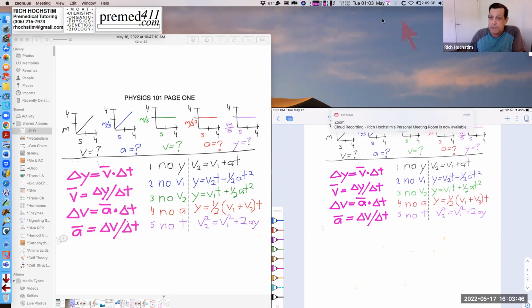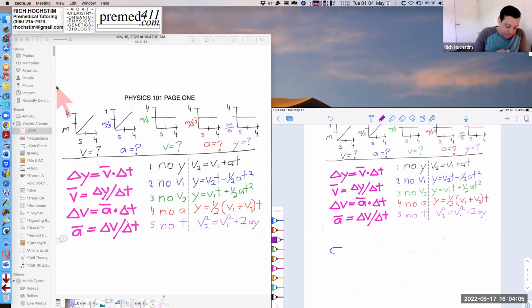Hey folks, today we're going to take a look at kinematics, and that is the motion of objects typically under the influence of gravitation, but not necessarily. Could be out in space. And one of the first things that we're going to look at is going to be the concept of